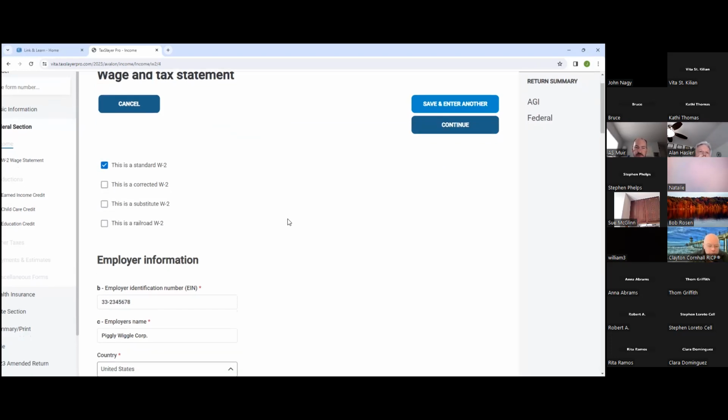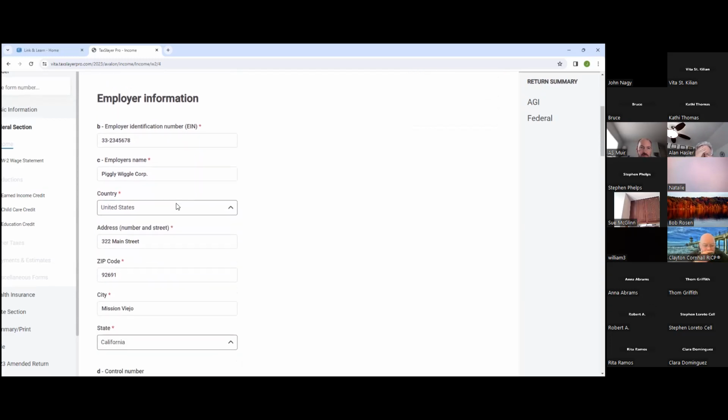Sometimes to correct the W-2, the story I love telling, when I worked for the IRS, I was issued a W-2. It was incorrect. I went to the payroll folks. I said, hey, it's incorrect. And they corrected it and gave me an amended or a corrected W-2. Sometimes you have individuals who have a year-end pay statement, pay stub, and it has all that cumulative information. And if that's the case, we can prepare a substitute W-2. Sometimes individuals do not get issued a W-2, or they lose their W-2, and for some reason they can't get a reissuance. So you might have a substitute W-2, but you have to have year-end cumulative information.